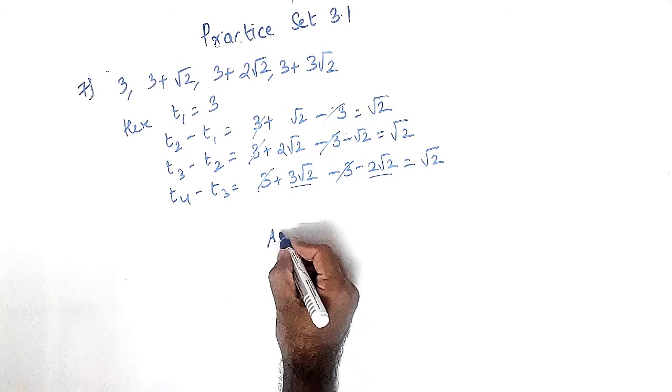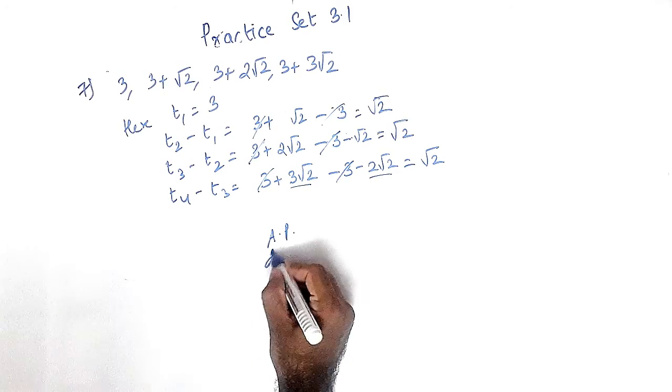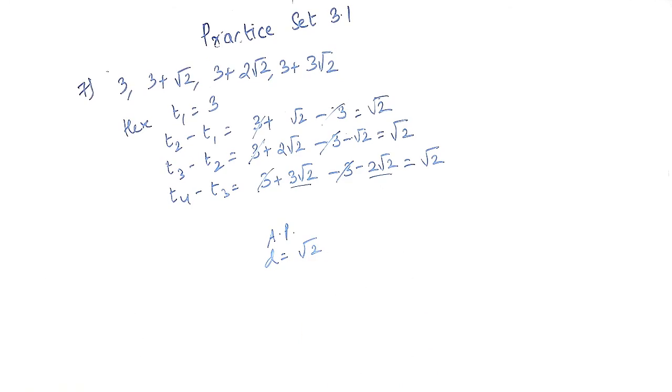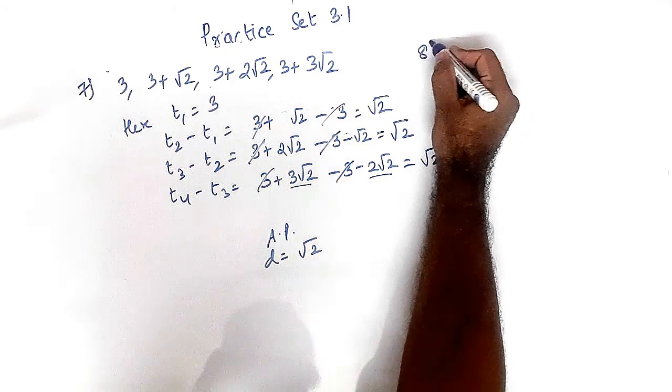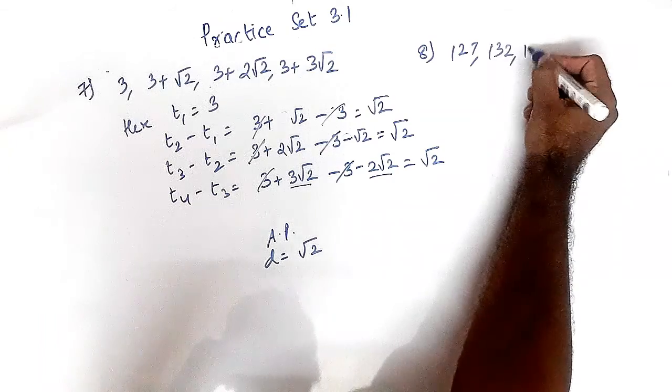Therefore it is an AP. Okay, here I am not writing the statements because for the first 6 sums we have seen how to write the statements. Okay, so the common difference is root 2. Okay, then coming to sum number 8, where the question is 127, 132, 137 ...